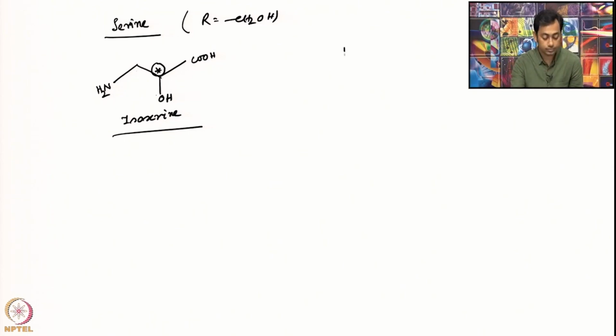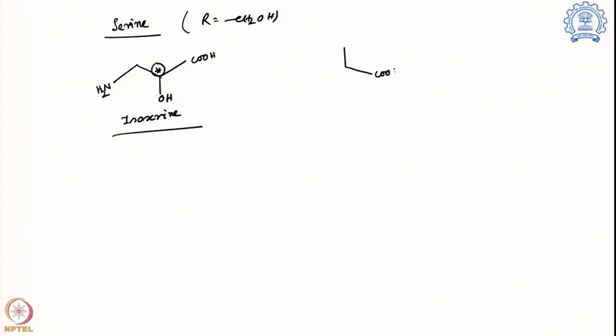Then comes the next one, which actually contains the amino acid we know, but instead of CH2OH this molecule has CH2CH2OH. So, there are 2 CH2 groups over there and this is the alpha carbon. So, let me draw that properly. This is the alpha carbon and over there you can see there is one extra CH2 that comes into the picture compared to serine. So, the name of this is homoserine